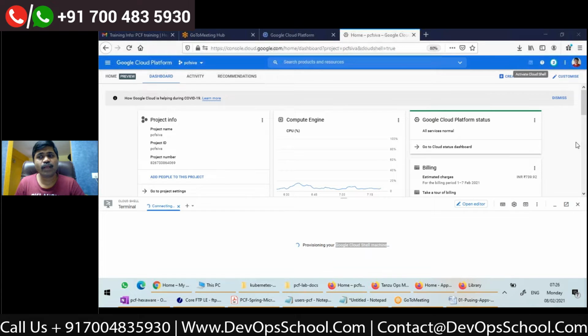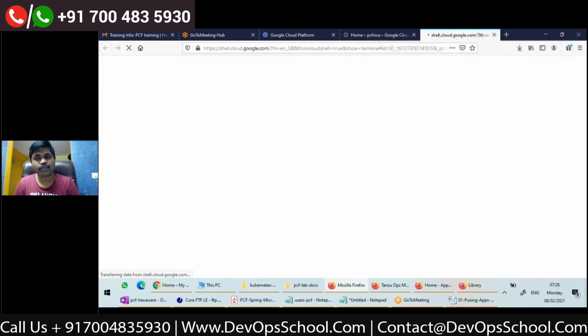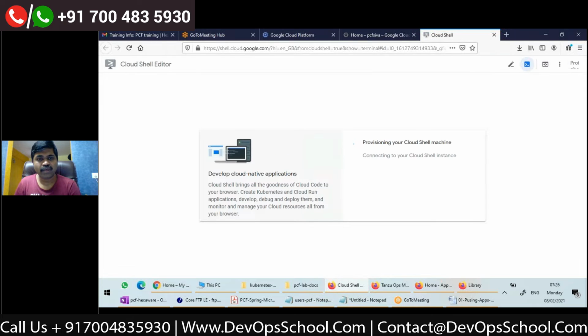Here there's an icon, open in new window. If I click on this, it will open a new window so that I'll have a separate window for Google Cloud. So I clicked on open new window. It is opening. It will take just some more time.